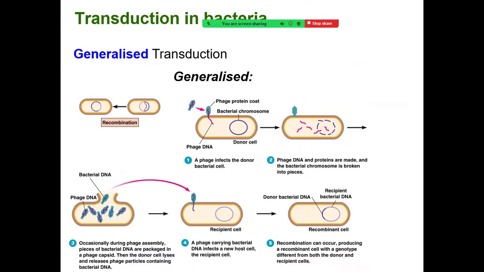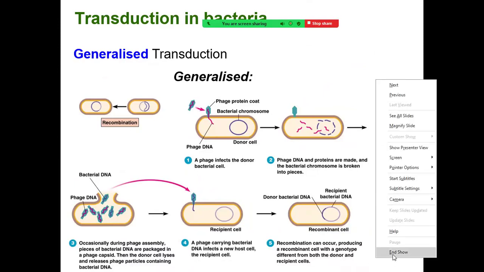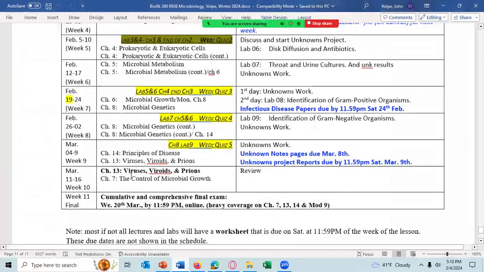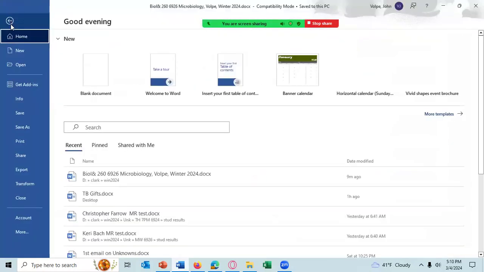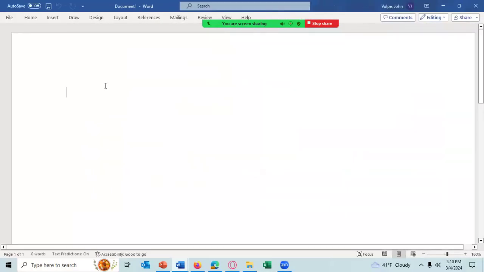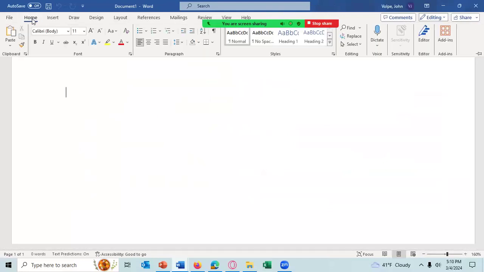All right, let me end this and then let's talk a little bit about the frequency of how often these events occur. Let me blow this up. So if ever there's